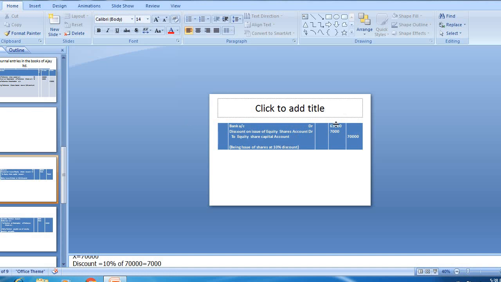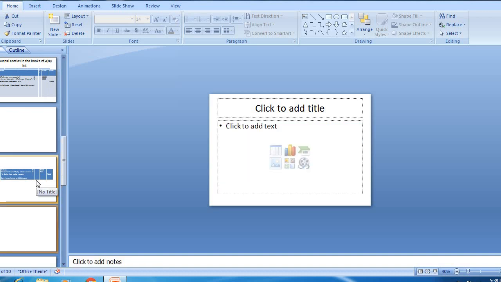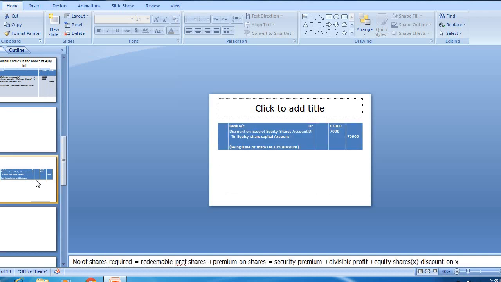So bank account of 63,000, as I explained, that 63,000 is the amount received by the company, and discount of 7,000. So the company is totally issuing 70,000 of equity share capital. Further narration is being issue of shares at a 10% discount. So this is the next one. So the next journal entry is, that is